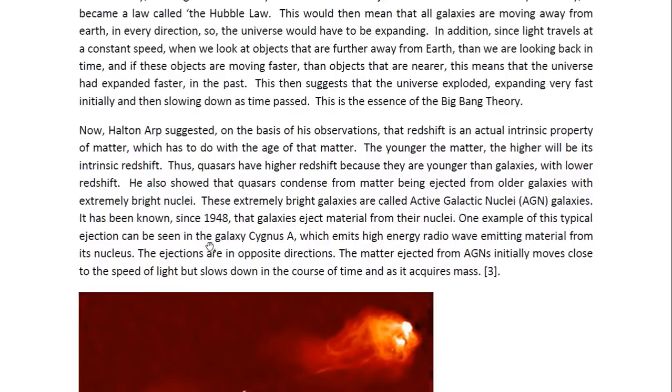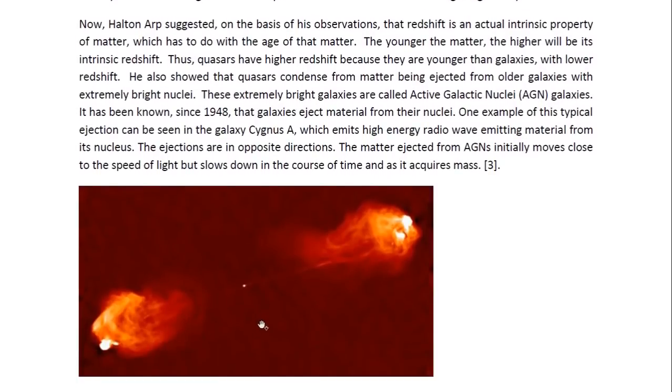One example of this typical ejection can be seen in the galaxy Cygnus A, which we see here below. This galaxy emits high energy radio wave emitting material from its nucleus. There's its nucleus, there's the material. The ejections are in opposite directions. And the matter ejected from active galactic nuclei initially moves close to the speed of light,